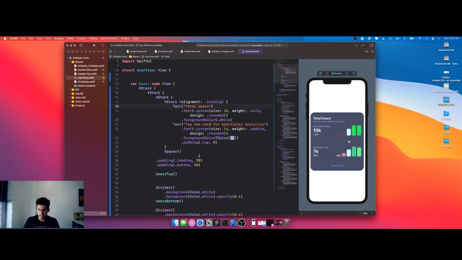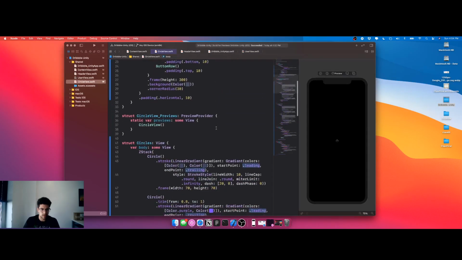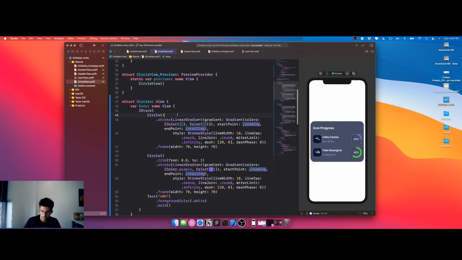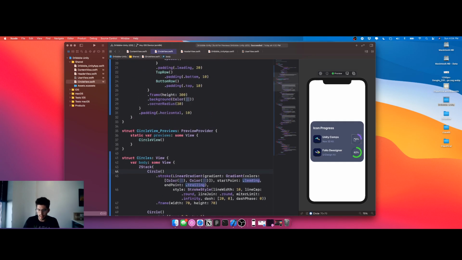There, so we got these animations. We gotta move on to the next section. So these are cool, right? So let's go down to the circle view, and what we're gonna do is we're gonna mess around with this. So let's do this. When we click this, we'll say